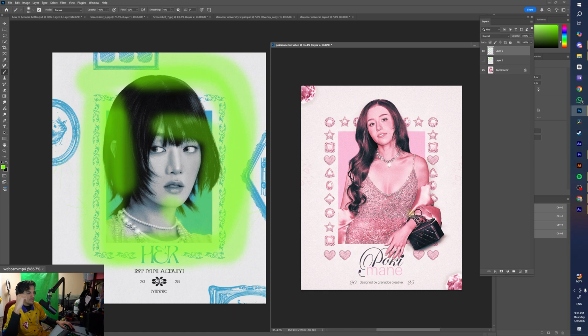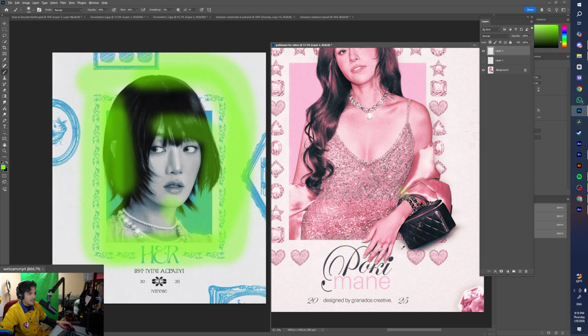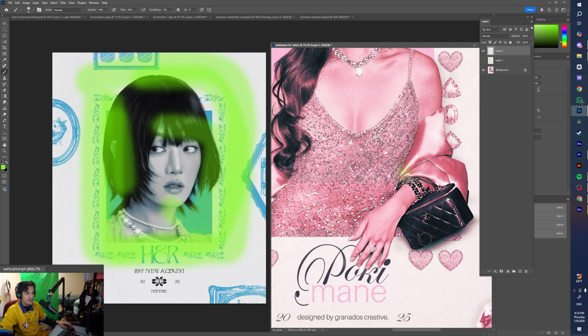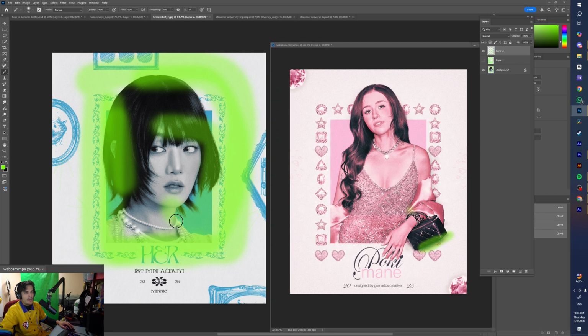One thing I did different was have her arm come out of the rectangle. It felt a little awkward having it behind or in the mask of this. And also I like having them pop out because it adds more depth to the design, makes it more three-dimensional. And then obviously with that, you have to add your shadows underneath. And what else? We have this other border, this floral pattern or whatever you want to call it. I translated that over here with some jewels that I found online. I brought it into Illustrator, had to color each one, and then bring it back into Photoshop.